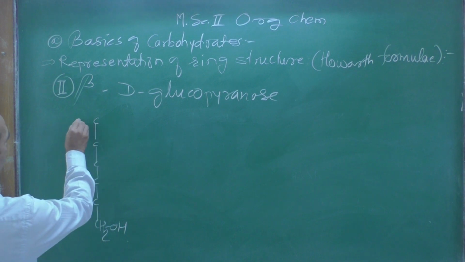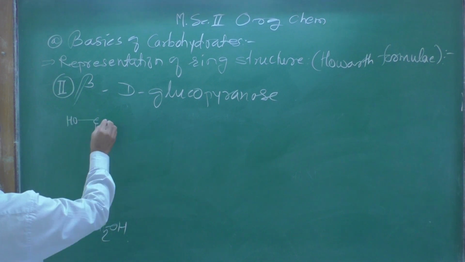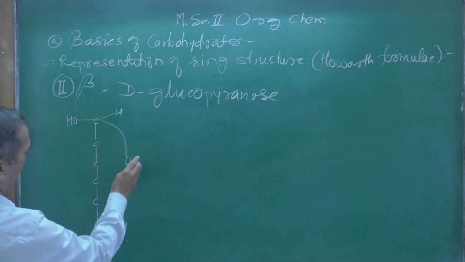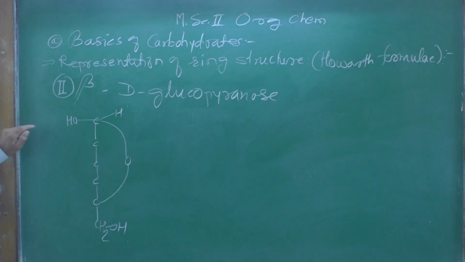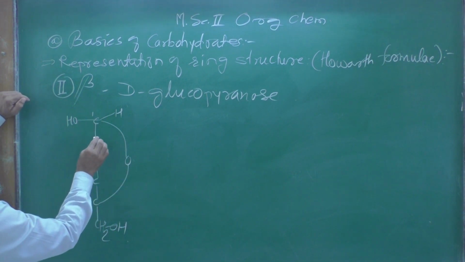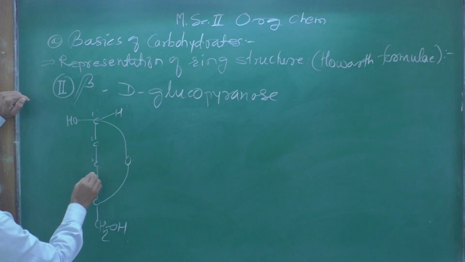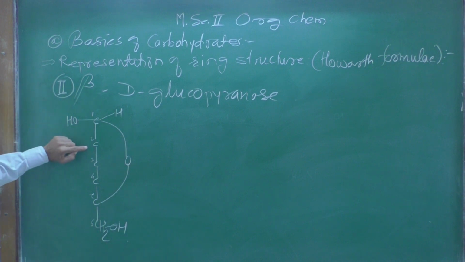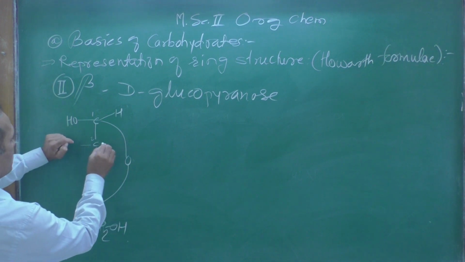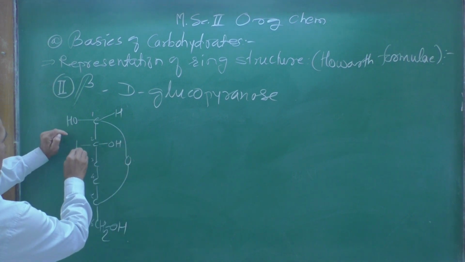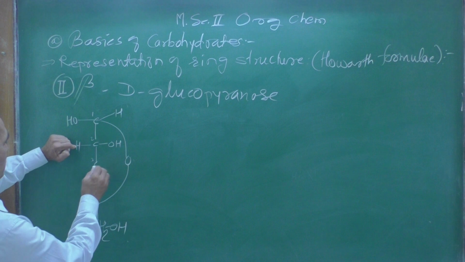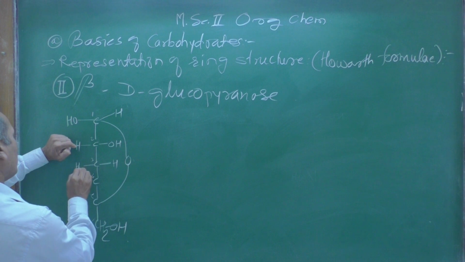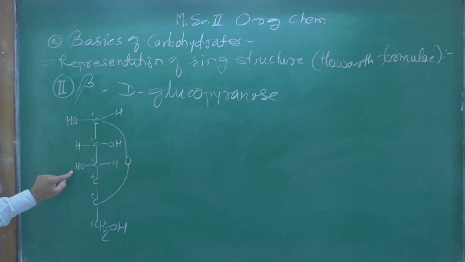Now here the hydroxy group on a left hand side, hydrogen atom over there, and ring is formed here like this. This ring formation takes place over here. Carbon number 1, here 2, 3, 4 and 5, and this will be the 6. Now at carbon number 2, the hydroxy group again remains on right hand side. Left hand side is the hydrogen atom. At carbon number 3, hydrogen atom on the right hand side, whereas hydroxyl group on the left hand side.